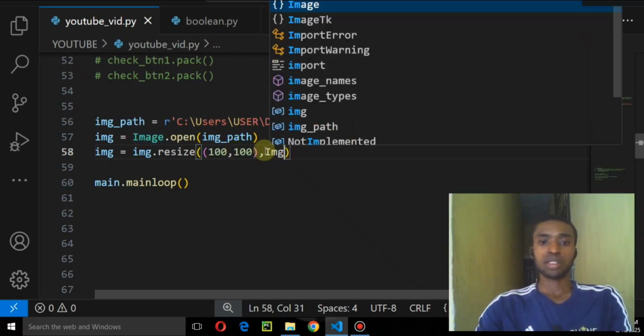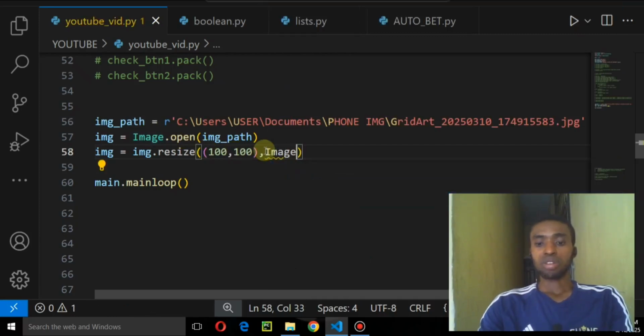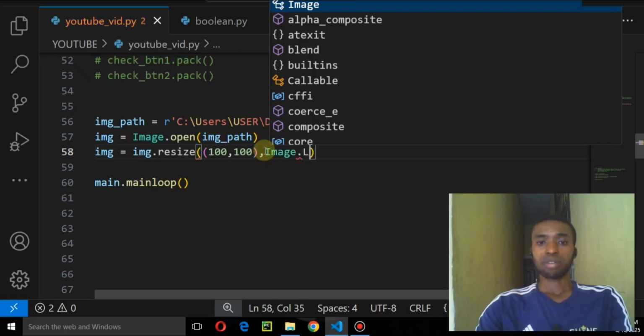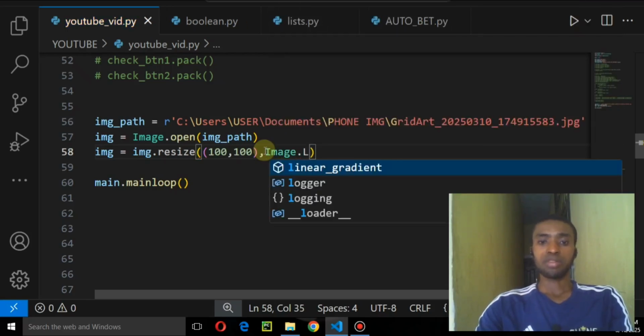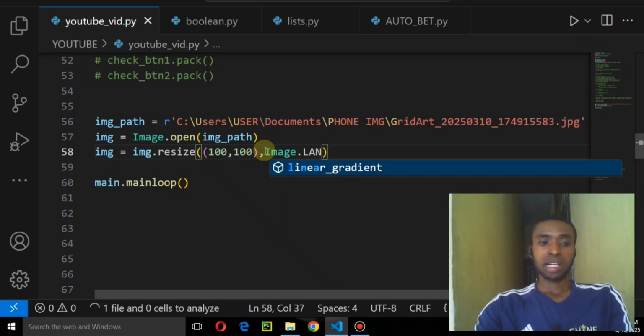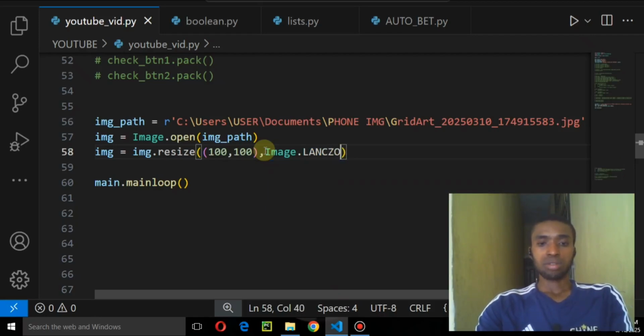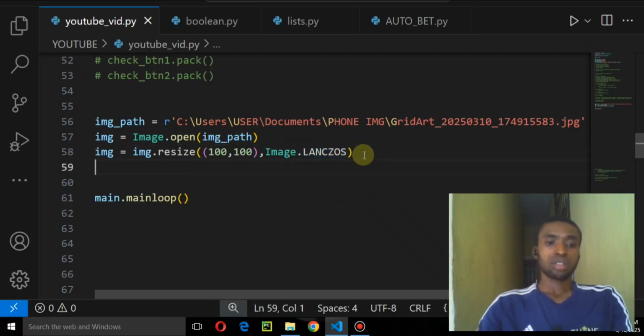So I can say image.resize with Lanczos. I did a little tutorial on this, and the link will be in the description below. You can check it; I just showed how you can resize any image. So I can say Lanczos. Yeah, this is Lanczos. So the next step, since we're done with the resizing